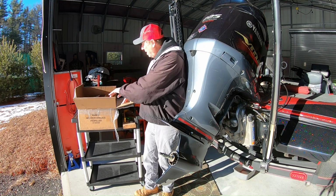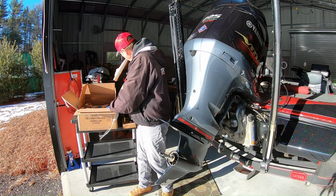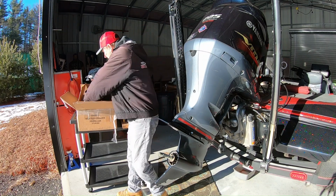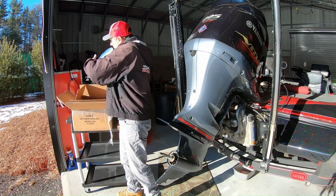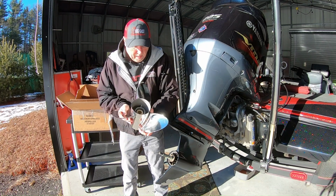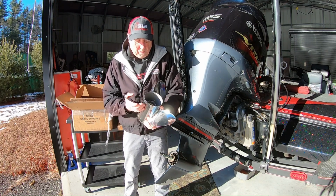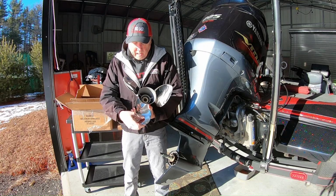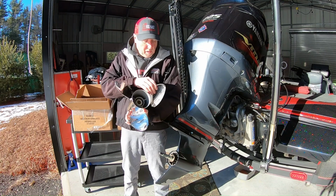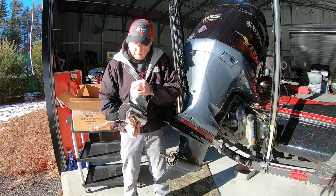So I just got it back. I did take a quick look at it. I haven't had it out of here yet. So here it is. Be careful, don't drop it on the concrete floor. I mean, it obviously looks fantastic, and I can tell that there's a lot more cup in it. Now obviously I haven't run this prop yet, so I'm going to go ahead and throw it on the boat,